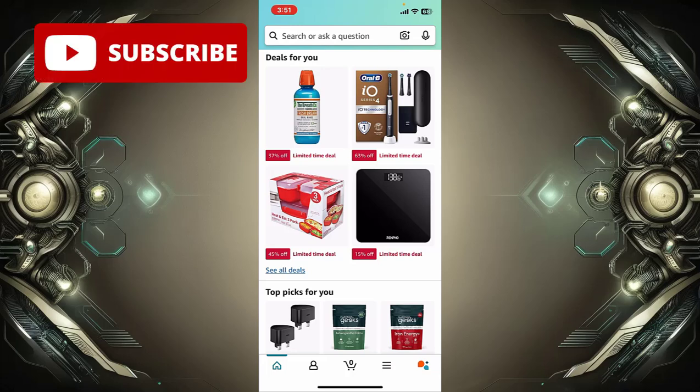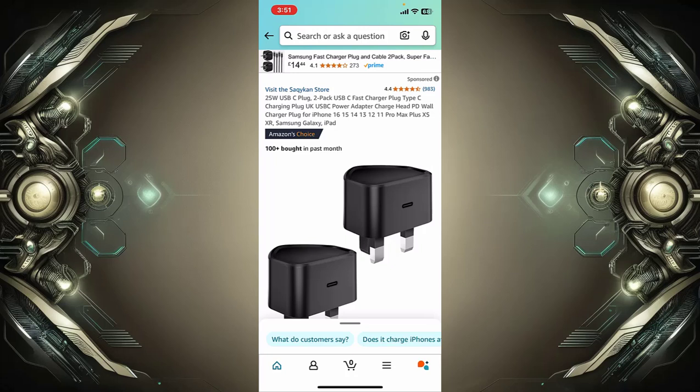After opening the app, you can just simply select the product that you want to see the seller ratings for. I can select this product. After selecting the product, you will see the ratings at the top right corner of the product, that is 4.4. Or you can also